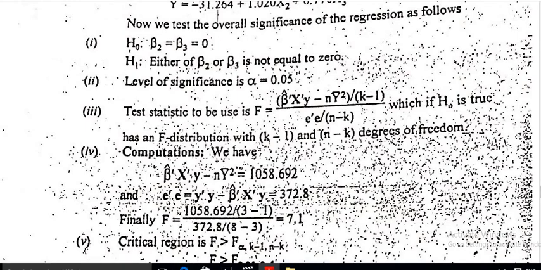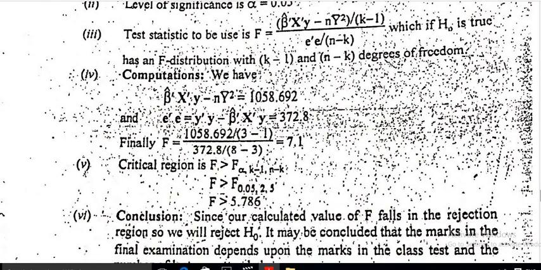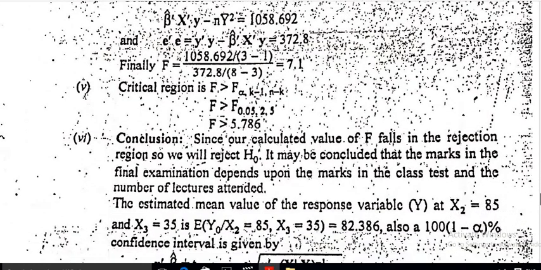After calculating these values, we have F equal to 7.1. F is greater than or equal to F alpha with k minus 1 and n minus k degrees of freedom, that is F is greater than 5.786. Since our calculated value F falls in the region of rejection, we reject H naught. It may be concluded that the marks in the final examination depend upon the marks in the class test and